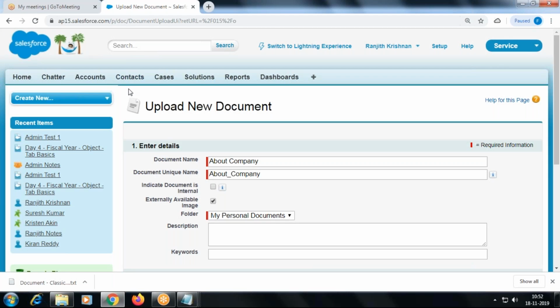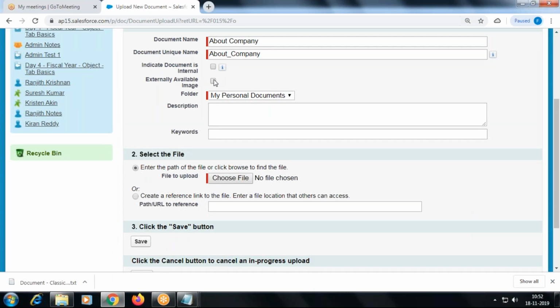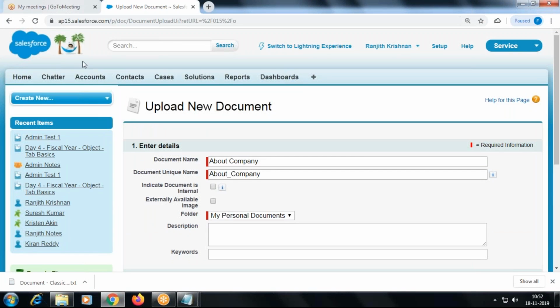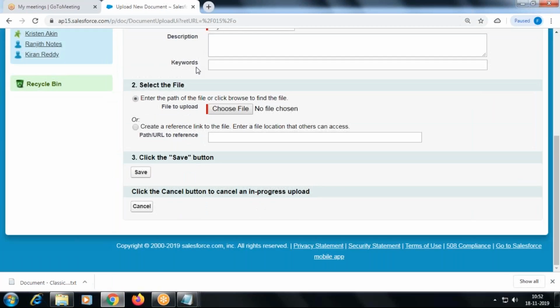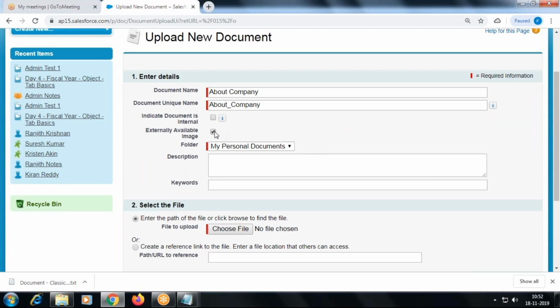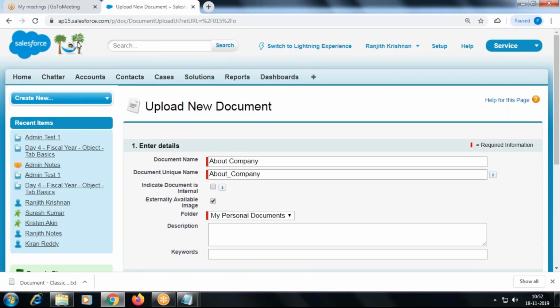When can I use that image? Only if it is marked as an externally available image. If I don't enable it and I upload some image document, that image cannot be used to replace this logo. Got me? So we are making it an externally available image. It means any image document that you upload here will be available to replace this logo.